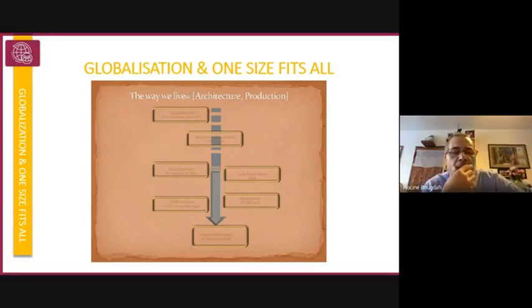And we come to the second major part of that argument, which is globalization and its relationship with both methods of production, the way we design, the way we use materials and technology, and what we end up with. Admittedly, in this slide, what I'm trying to do is simply condense 5,000 years of history into 30 seconds.